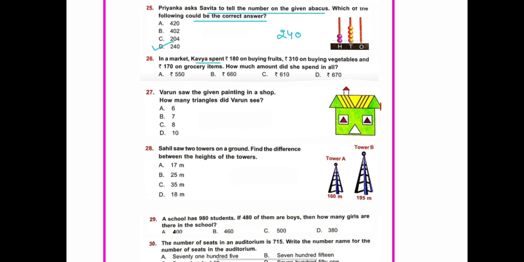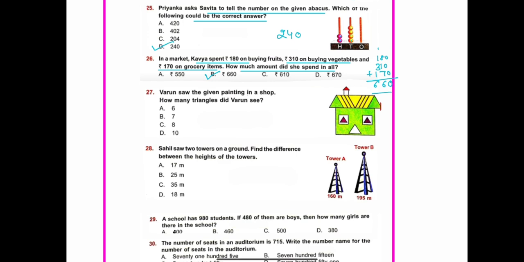In a market, Kavya spent rupees 180 on buying fruits and rupees 310 on buying vegetables and rupees 170 on grocery items. So how much amount did she spend in all? In all means we have to add all these given values. So 180, then we have 310 and 170. So add these values. 8 plus 1 is 9, plus 7 is 16, and 1 carry, so 3 and 2 is 5, and 1 is 6,